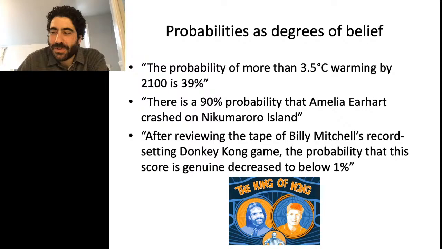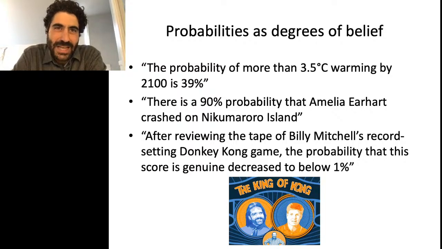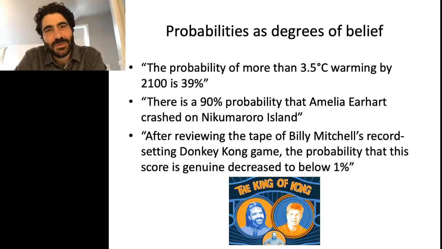So, for example, there's this great movie, The King of Kong. It's a documentary about these people competing for the world championship in Donkey Kong. And part of the storyline is that there's some doubt about whether one of the entries is legitimate or not. Initially this high scoring Donkey Kong run is ruled as the new world record, but then more evidence is collected, and the probability that this is a genuine score gets lower and lower as people review the evidence. And so right, this is talking about probabilities here that are actually changing as a function of what certain